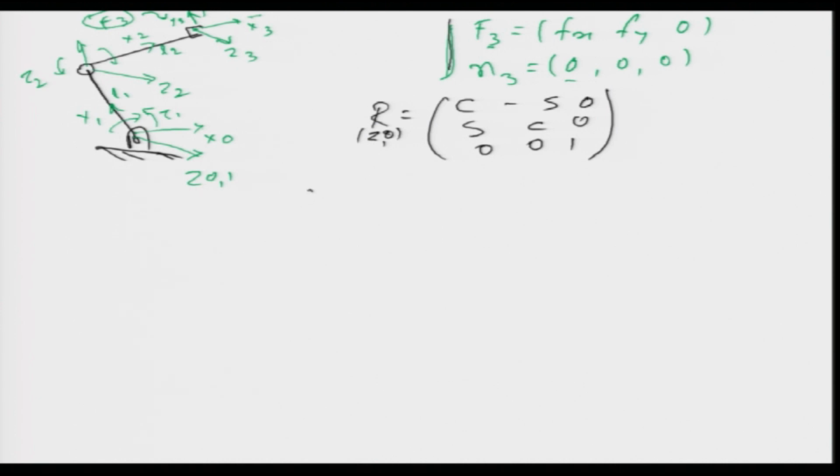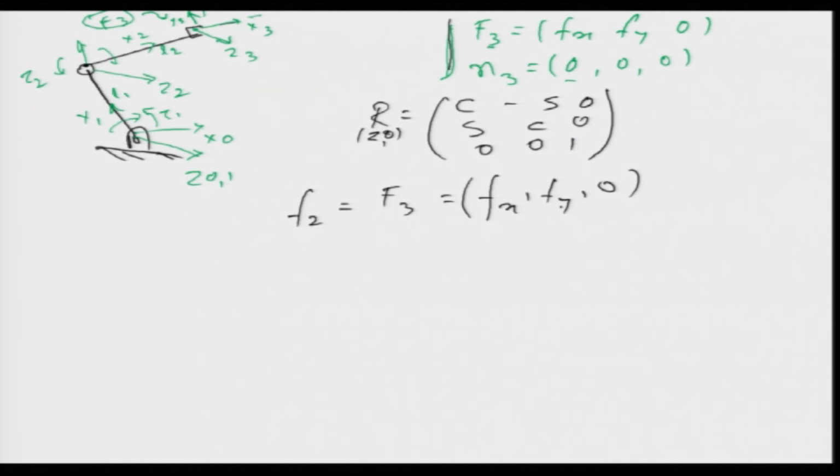What about F2? Now, F2 is the force acting on the second axis. Where is the second axis? The second axis is somewhere here, on that joint. Okay. So, if you see the second axis, it does not have any rotation with respect to the third axis. So, the z's are parallel, the x2 and the x3 are the same axis, and y3 and y2 are also parallel. So, there is no effective rotation between these two frames, and hence F2 is equal to F3, which is equal to fx, fy and 0. Please note that why these two are equal,